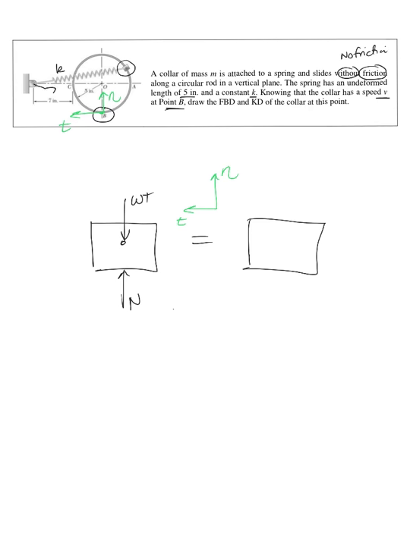And then all the way down here, I've got the spring force, which will be going off at an angle, which we'll find in just a moment. And I know that the force in the spring is going to be equal to K times the stretch. So we'll just keep that in mind here. Over on the kinetic side of this diagram, I've got mass times a normal acceleration, and I've got mass times